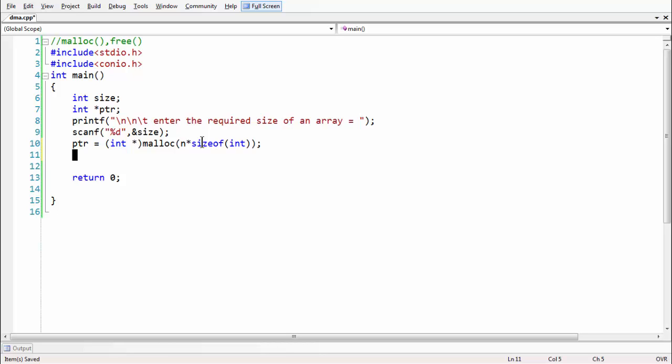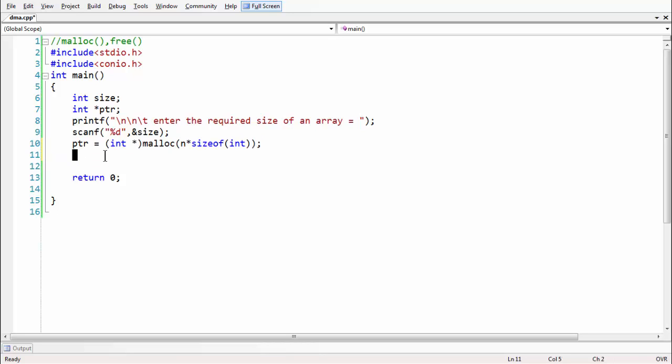Here we are on Visual Studio 2005 Express, which gives the size of an integer as 4 bytes. If you are doing the same program in Turbo C or something like that, you get the size of an integer as 2 bytes. Now we have allocated a chunk of memory using this statement. Our pointer gets that many bytes of memory, or address locations, of whatever size we have given for the array.